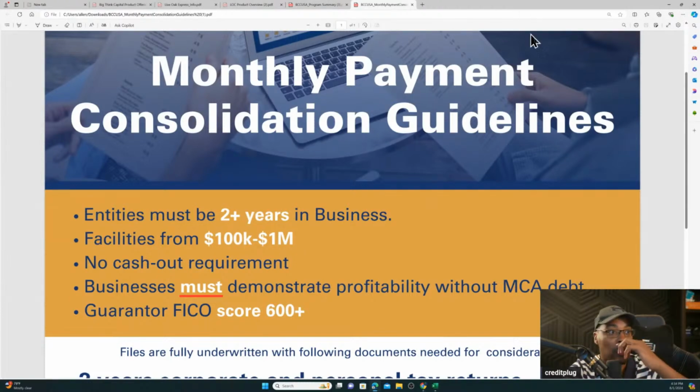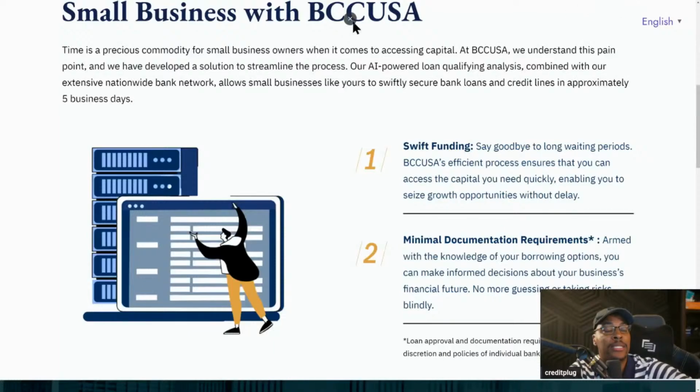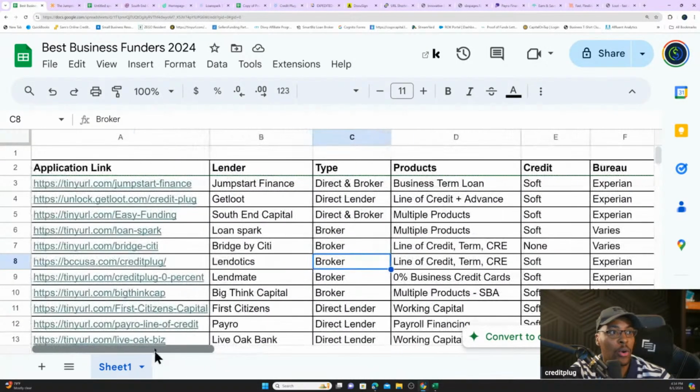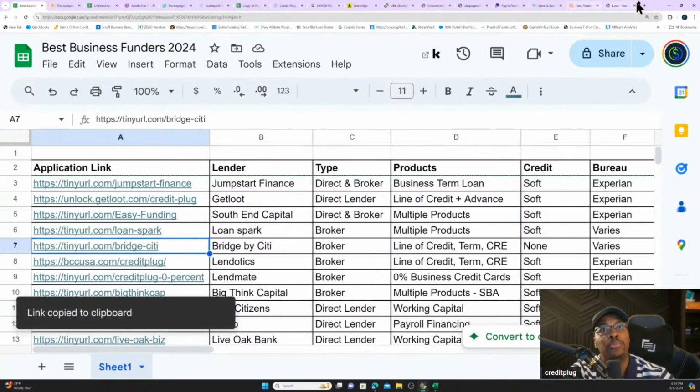Again, I've dropped a link to all of this, but I highly recommend BCC. We've been getting a lot of clients approved for multiple business lines of credit. So that's BCC. And again, it's full docs, so it's not going to be for startups or if you don't have paperwork. The next one I want to go over, since we're talking about lines of credit, is going to be